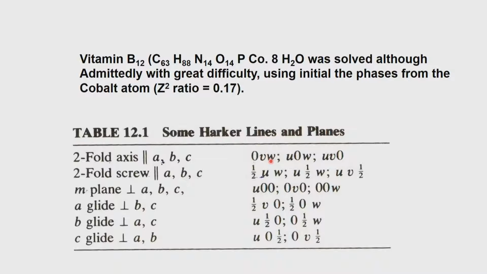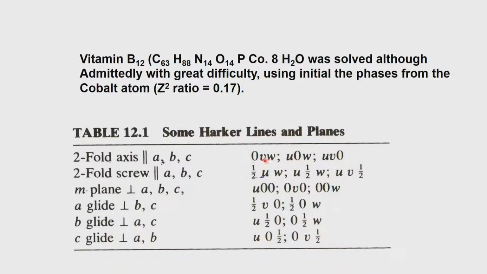But in the vector map, if there is a two-fold axis in the system, let us take the example of P2222, an orthorhombic system, where we have a two-fold axis parallel to A, parallel to B and also parallel to C. In that case, we have three projections: 0 v w, u 0 w, u v 0. All these three projections will give us the values of the coordinates corresponding to each interatomic vector. So, suppose there is a heavy atom in the structure. The heavy atom will give rise to a very heavy peak, and that particular heavy peak will correspond to V and W.